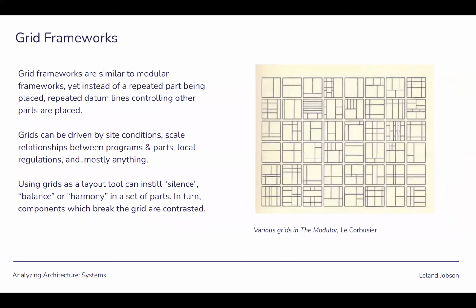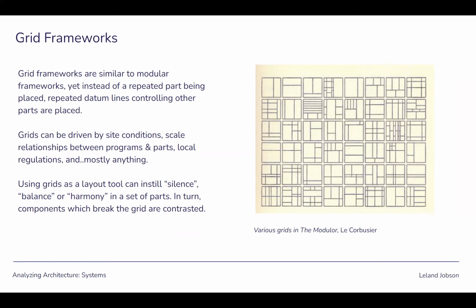Grid frameworks, similar to modular frameworks, but instead of replacing a repeated part, you have this datum line that's controlling other parts. Site conditions can drive grids, but usually there's some kind of metric. It might be based on the part, it might be based on some ideals. When it comes to ideals, look no further than Corb, where he developed this grid system that integrates proportions of the human body. So the building is